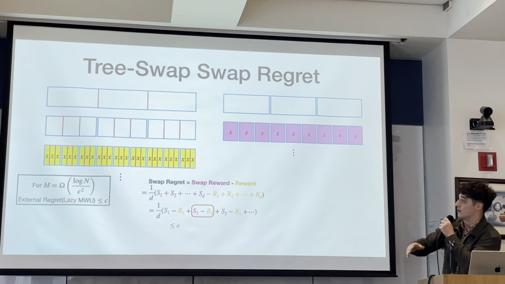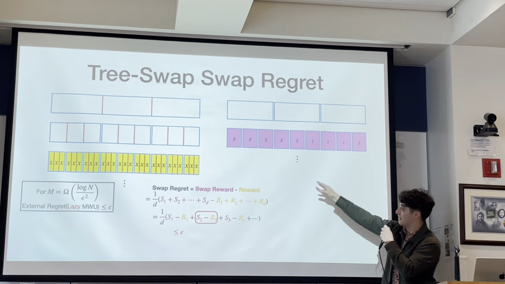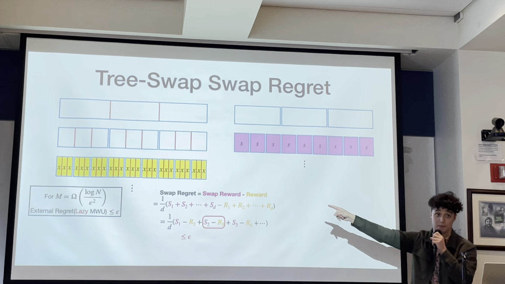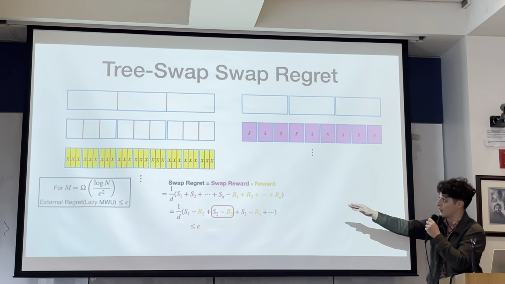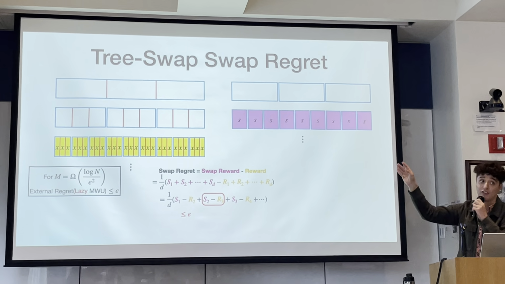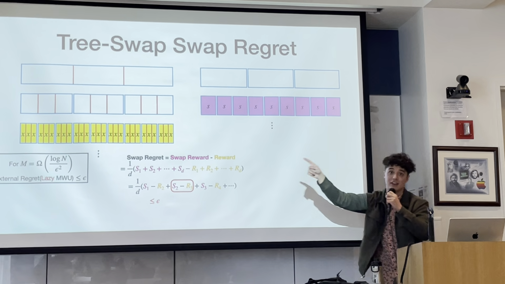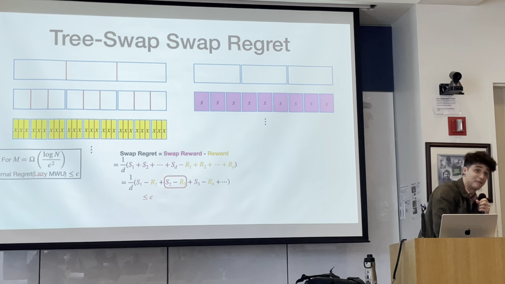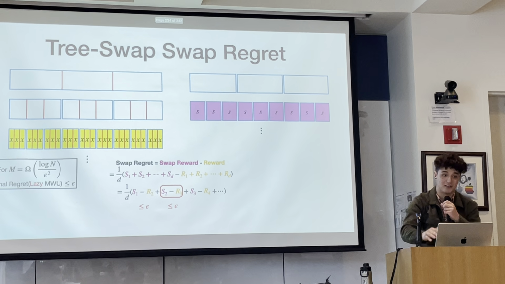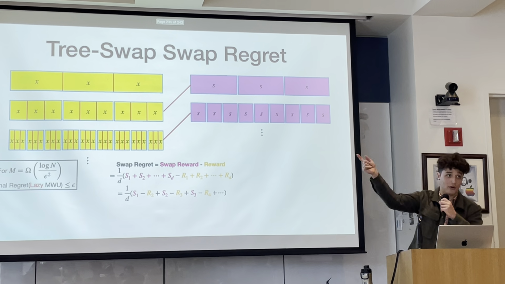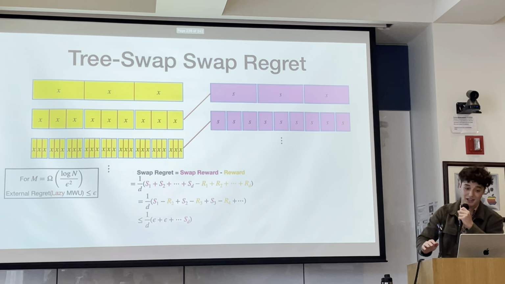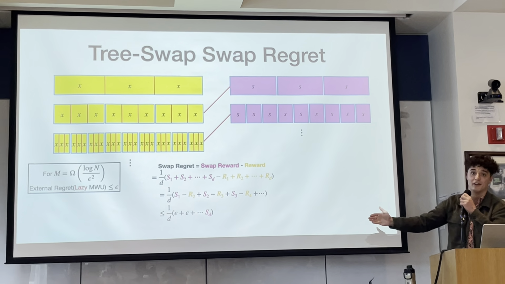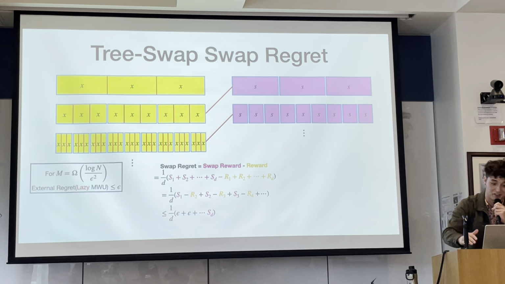Likewise, for this term, when we're comparing these fixed actions to those algorithm outputs, this whole term in total is going to correspond to the average of the external regrets of those algorithms, each of which has average external regret at most epsilon. So that's going to be at most epsilon too. And you put it all together and you telescope accordingly, and you have that all of these terms are going to be bounded by epsilon, except for the final term, right? That's the cost of telescoping.